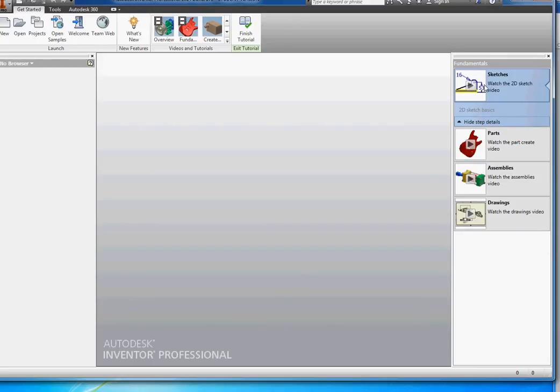Okay, if these videos don't work at home, it is probably because you haven't downloaded the Flash Player plugin. Now, from my experience, what you need is the Flash Player plugin for Explorer. I downloaded the one for Google Chrome, and it still wouldn't play, even though I had the Chrome Flash Player plugin installed. So I went to the forums, found the solution to that, and what you have to do is download the Flash Player plugin for Windows Explorer, and then these videos will work